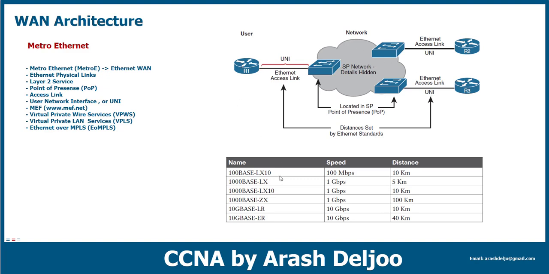About the Ethernet access links, we have multiple types of fiber that we can use according to the technology that the provider supports. For example, we can use 100BASE-LX10. L means that we are using long wavelength, and 100 means the speed of this link is 100 megabit per second, and the 10 means this standard can support up to 10 kilometers. And we can use 1000BASE-LX, again,